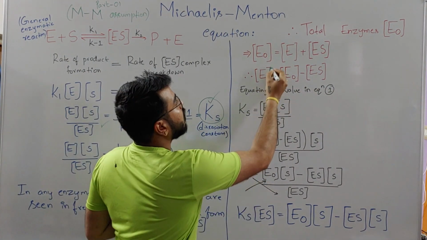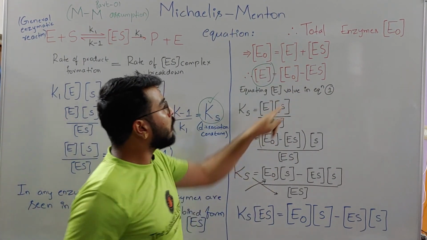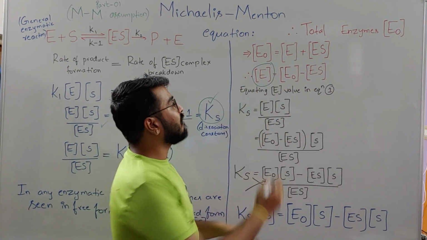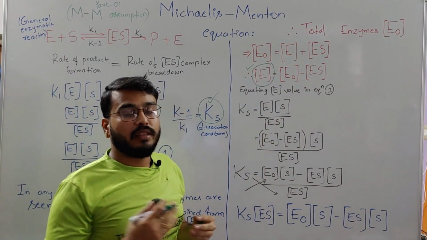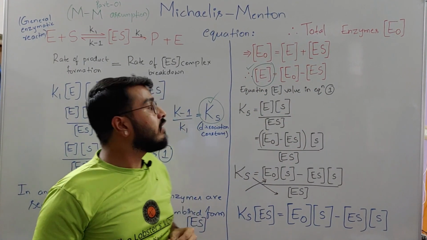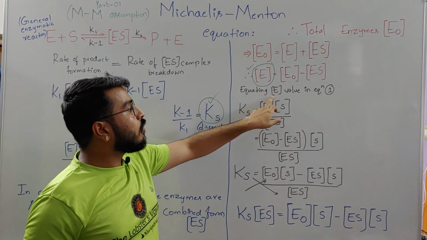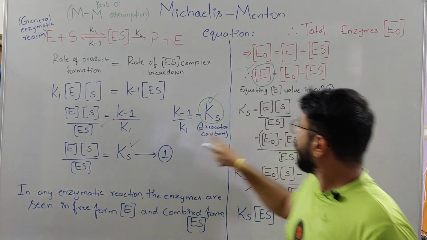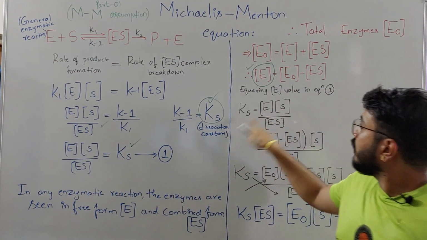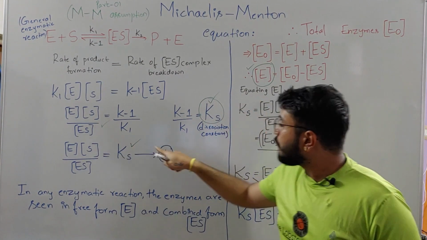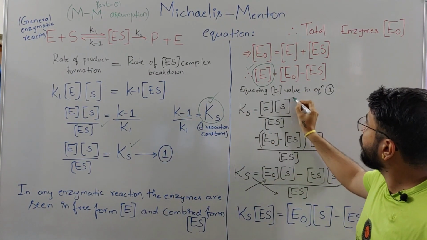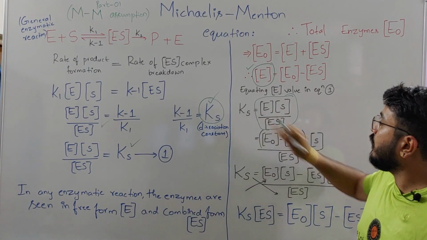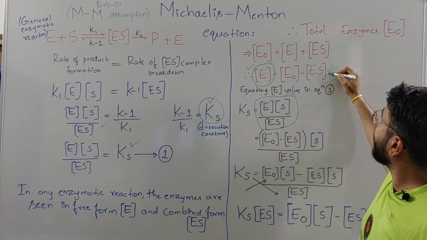Working out for the free enzymes E, you would get E equal to the concentration of the total enzymes minus the enzyme substrate complex, and we get the value E, the total number of the enzymes in the chemical reaction. Now equating the value of E in equation number 1, that is the dissociation constant, replacing E with E0 minus ES,